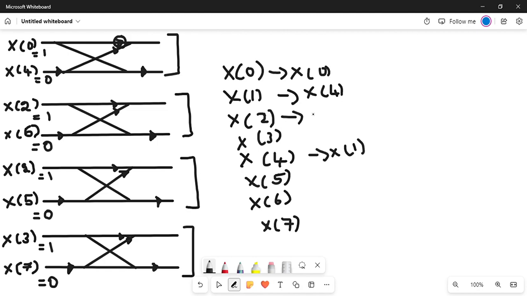So this is 2 itself and 3 becomes 6, 6 becomes 3, right? I write it here 6. x of 3 ಜಾಗದಲ್ಲಿ x of 6 ಬರುತ್ತೆ, x of 6 ಜಾಗದಲ್ಲಿ x of 3 ಬರುತ್ತೆ, and this is 5